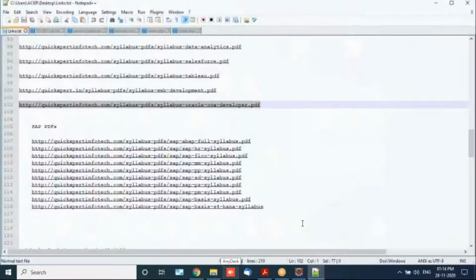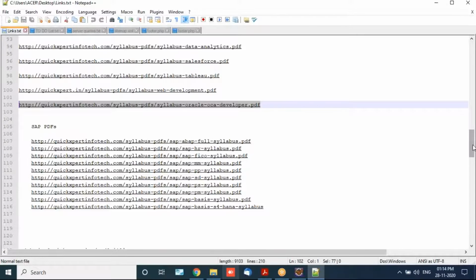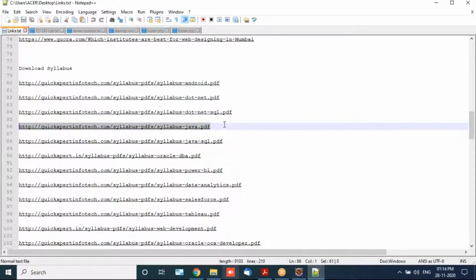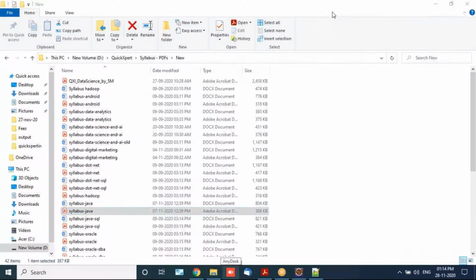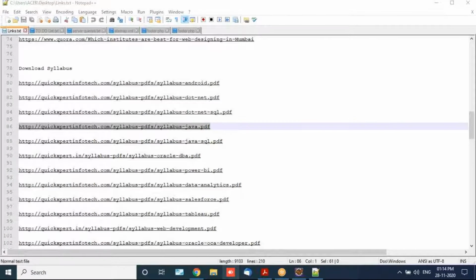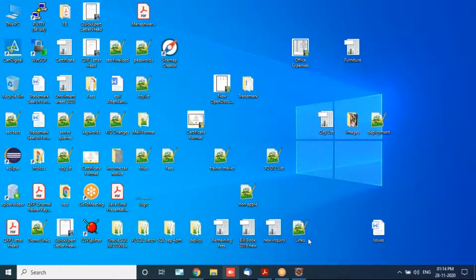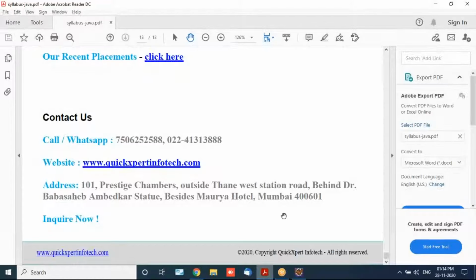I hope you might have already got this PDF, but still I am sharing this PDF file to you. You can even go through the syllabus and everything. You might have got this particular syllabus already from the counselors before joining this demo, but still I have shared it so that you can check on the chat.